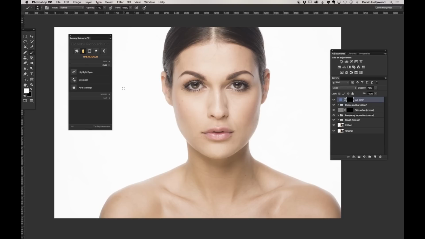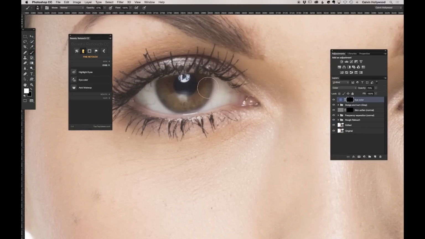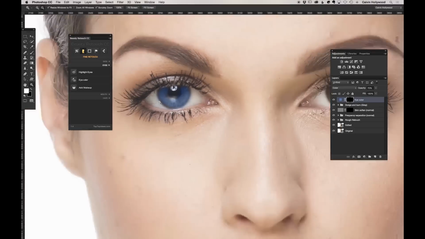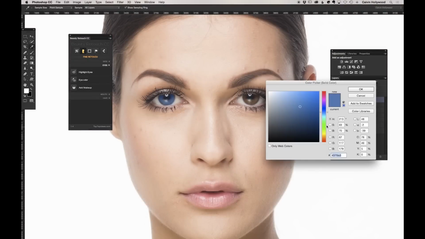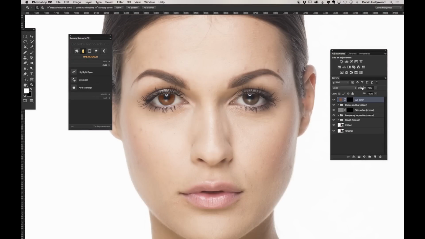You can change the eye color. Let me show you that quick and dirty, how fast you can do that. We have here the eye color blue. That makes not so much sense here for this image, but you are able to change the color whenever you like. Every technique here is non-destructive, so you can change it here maybe to brown eyes,